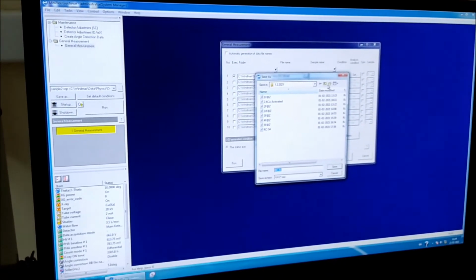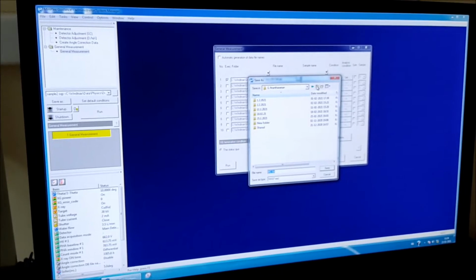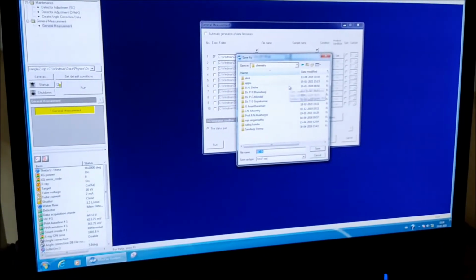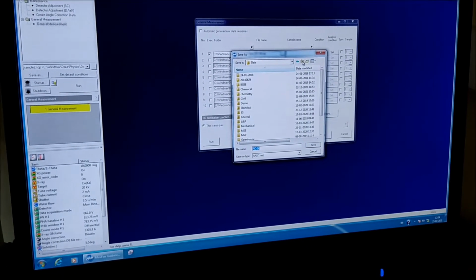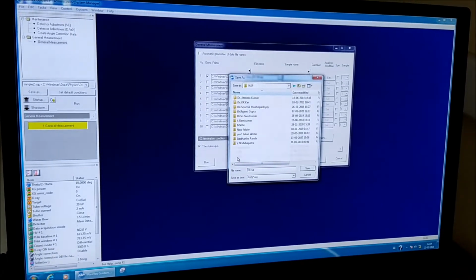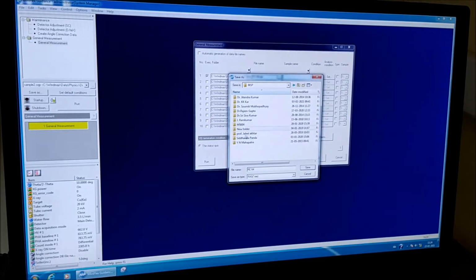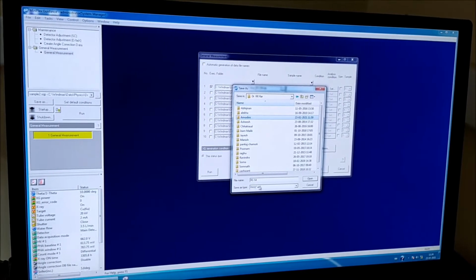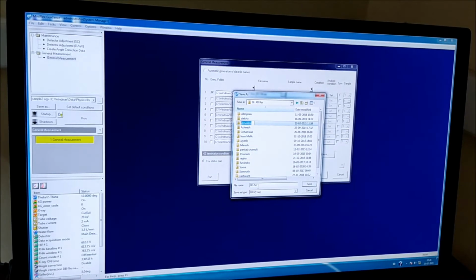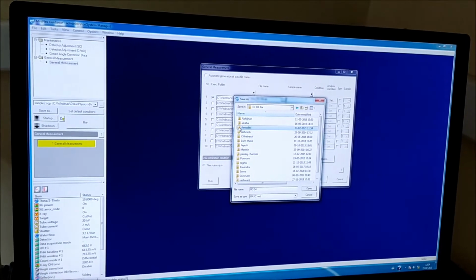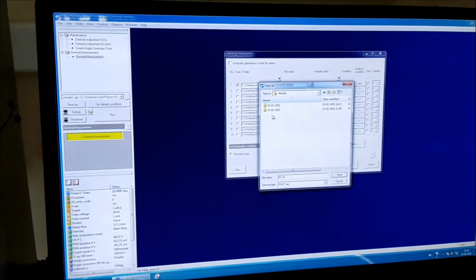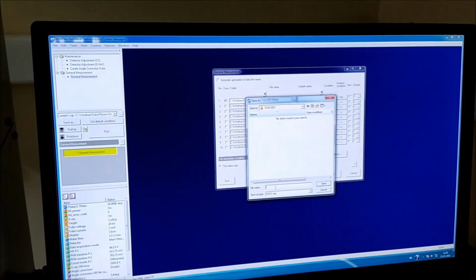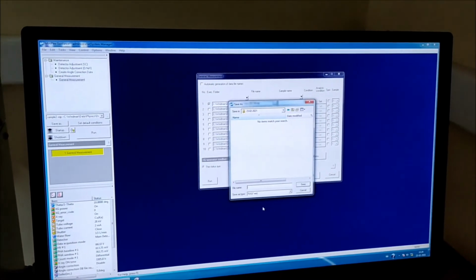With the help of this you can make a folder, MSP and ammonia, and name your sample.